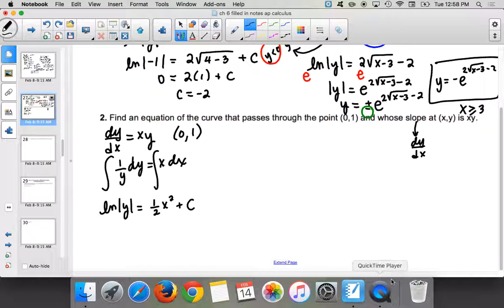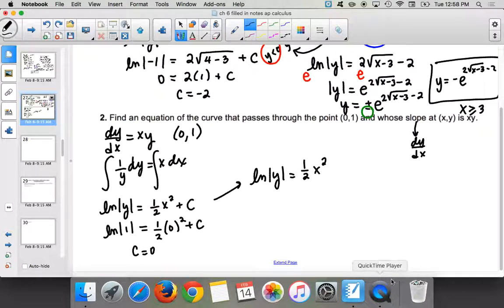Make sense? And we plug in the point 0, 1. So plug in 0 for x and 1 for y. Isn't that nice of me? What's c? 0. So we get natural log of the absolute value of y equals 1/2 x squared. You can write plus 0 or leave it off. And now we solve